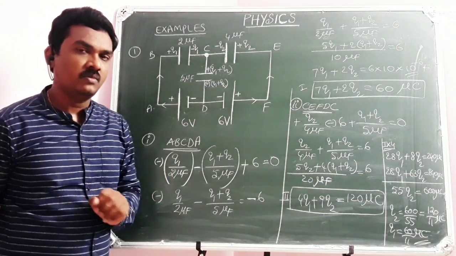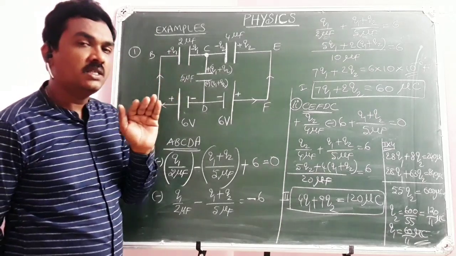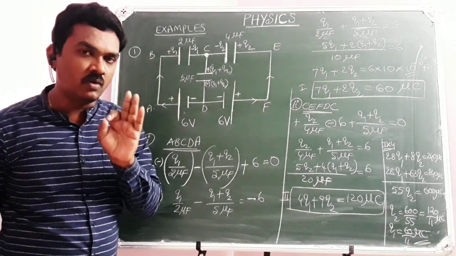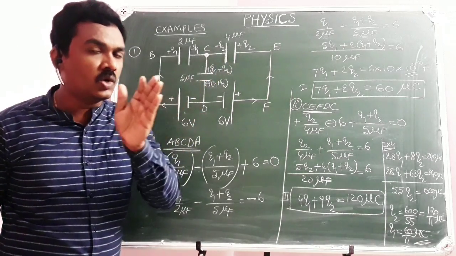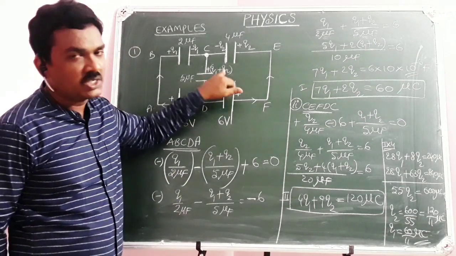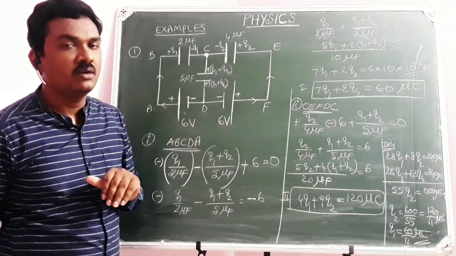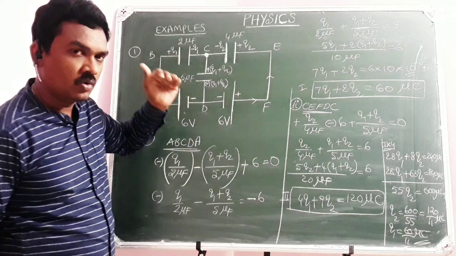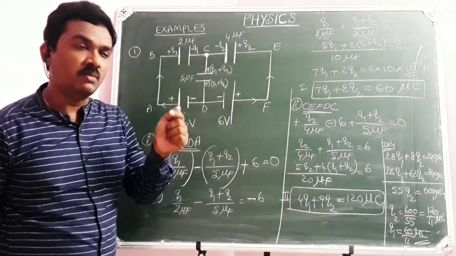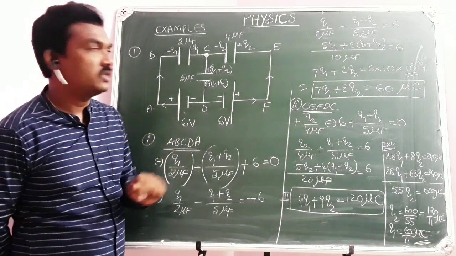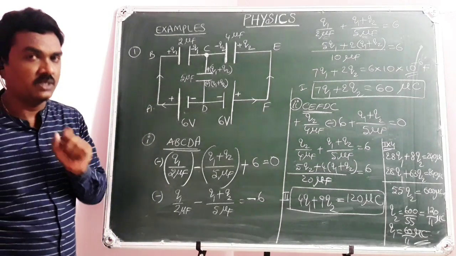Here I wish to tell you one thing. For example, just for example, Q1 equal to minus 5 microcoulombs, Q2 equal to plus 3 microcoulombs. Then here it is Q1 plus Q2. Then do you write 5 plus 3 equal to 8? No, never. Q1 equal to minus 5 microcoulombs, Q2 equal to plus 3 microcoulombs. Then Q1 plus Q2 means minus 5 plus 3, which is minus 2. Don't forget that algebraic sum of charges, which is very important.